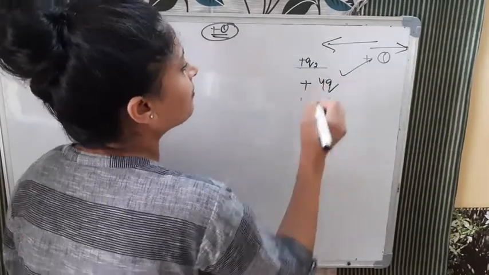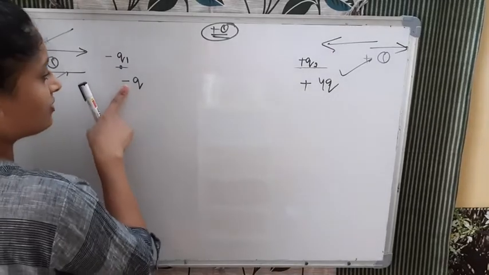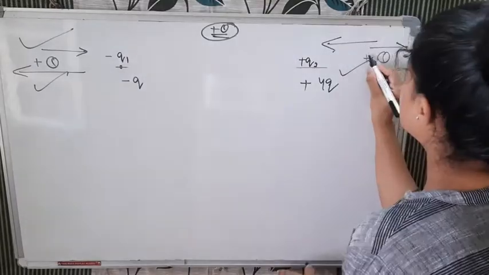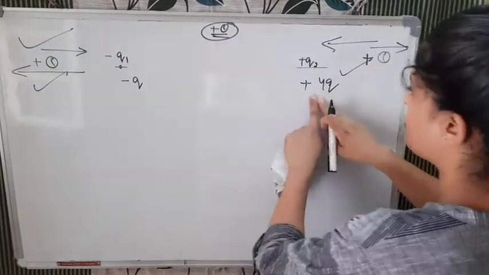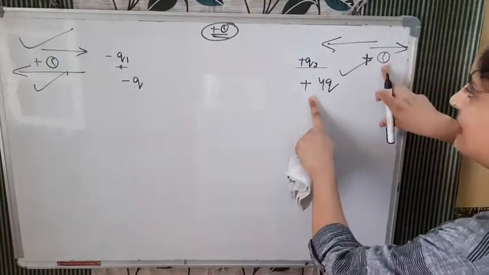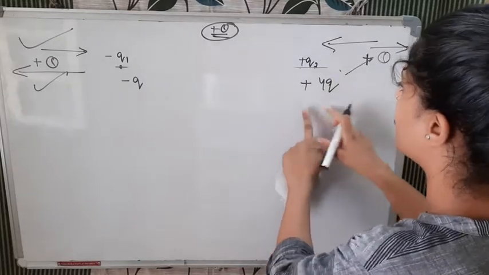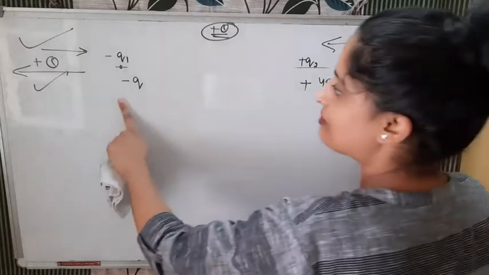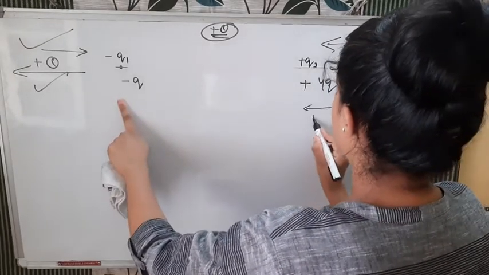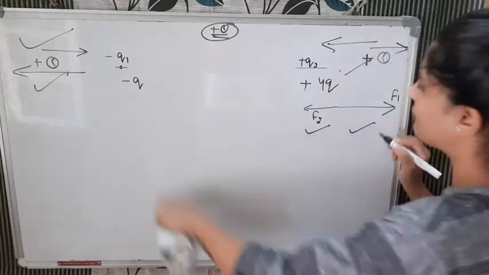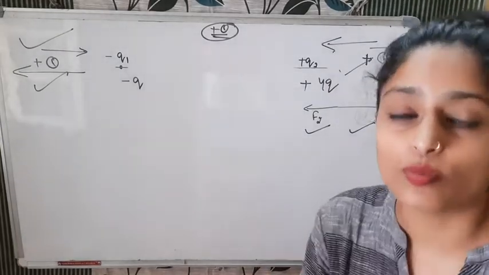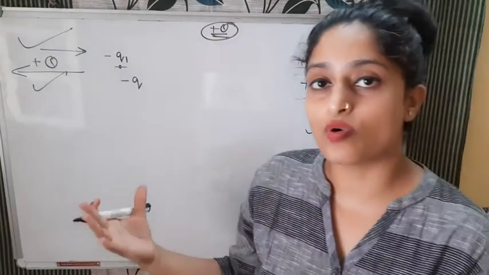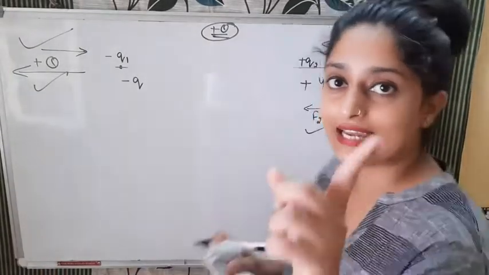Why? See, for example, this is minus q and this is plus 4q. If we talk about the same example, only the sign has changed here. So now what will happen when you put this plus q here? Due to plus 4q, the force on this plus q will repel it this way. I am calling it F1. And due to this minus q, it will attract. I am calling it F2. Now see children, what will happen? Force will be more when the product of the charges is more, and if the distance is more, the force will be less. So from here, observe one thing carefully.